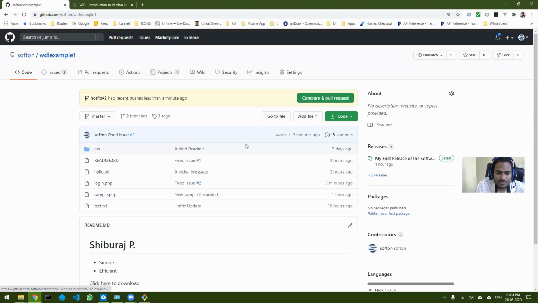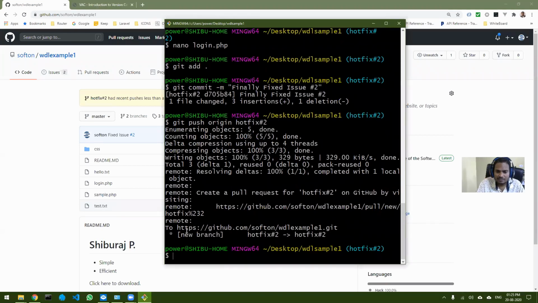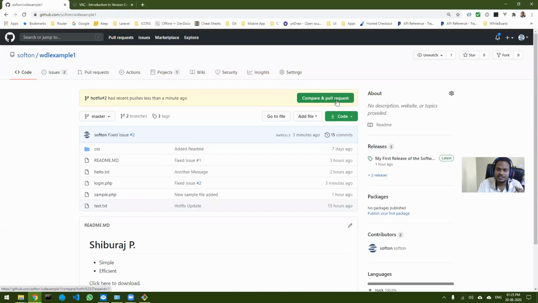Now the very important thing to understand is that usually whenever we created a branch and then merged it, we merged it in Git only. But when you're working on a big project, you don't merge on the command line. You will create a branch, push that branch to the server, and on the GitHub website you will create a merge. Now how to do that?